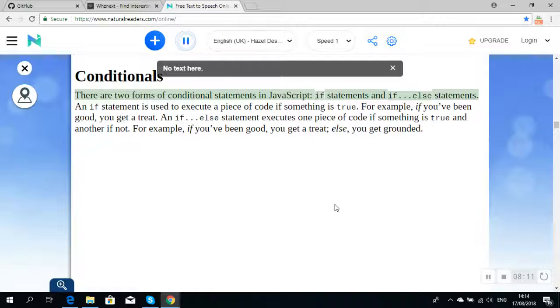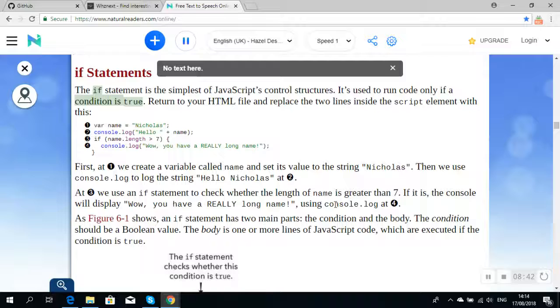There are two forms of conditional statements in JavaScript: if statements and if-else statements. An if statement is used to execute a piece of code if something is true. For example, if you've been good, you get a treat. An if-else statement executes one piece of code if something is true and another if not. For example, if you've been good, you get a treat, else, you get grounded. If the condition is true,